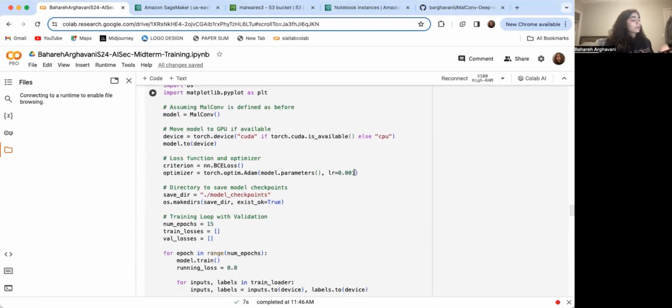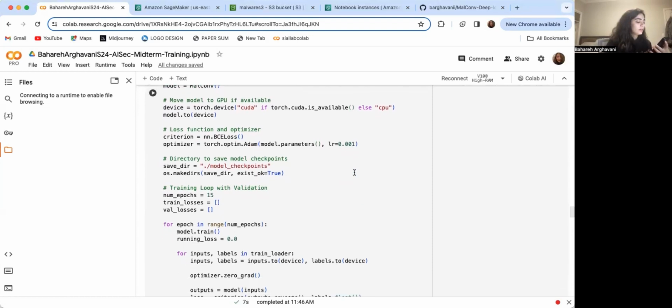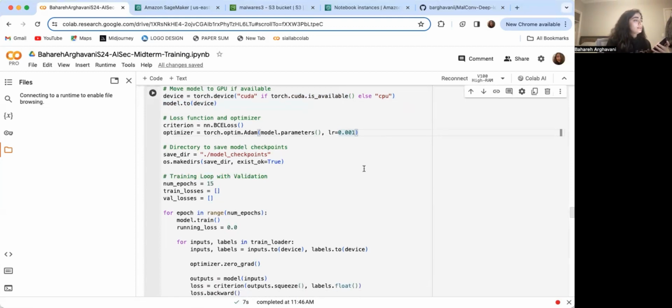And then in here I create a Malcon model instance and move it to GPU if available to accelerate training. Here I do that. And for loss and optimizer, I defined binary cross entropy for calculating the loss, and using the Adam optimizer, and start my learning rate from this point,